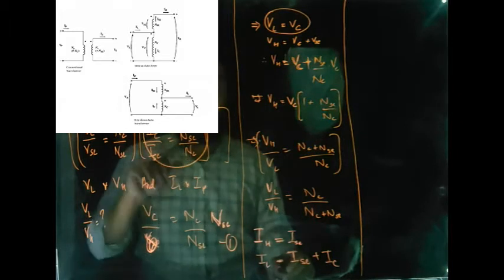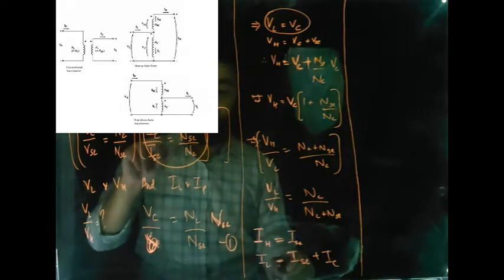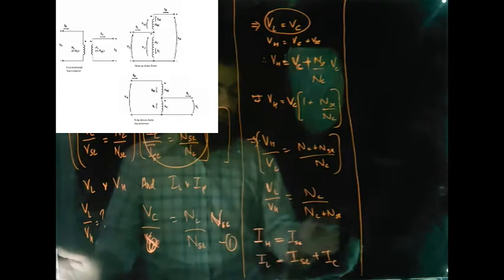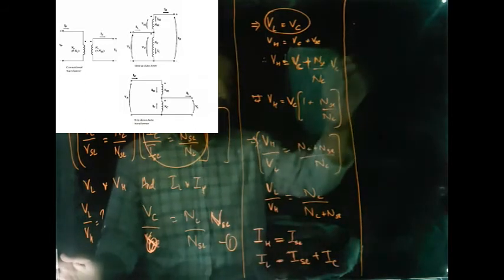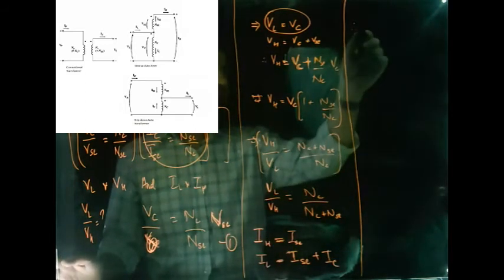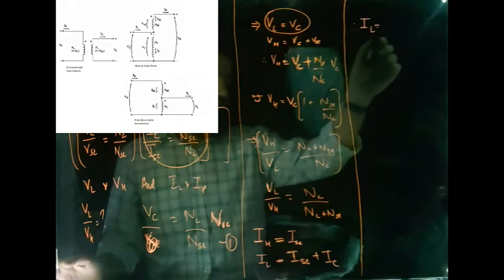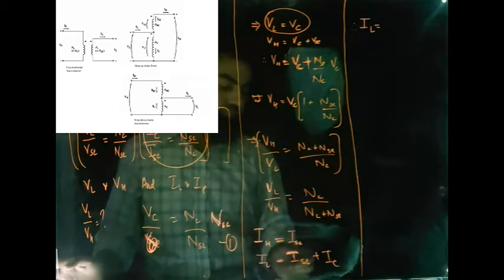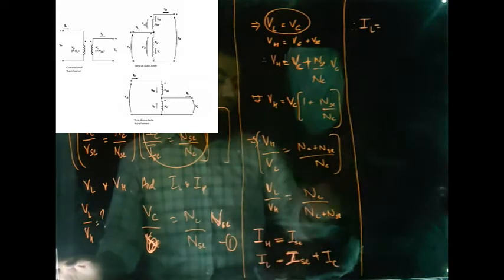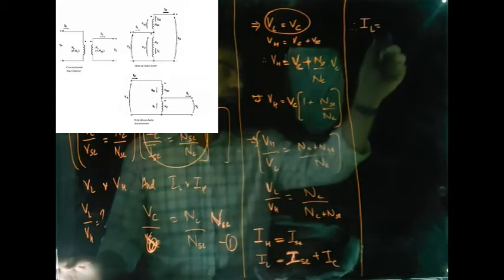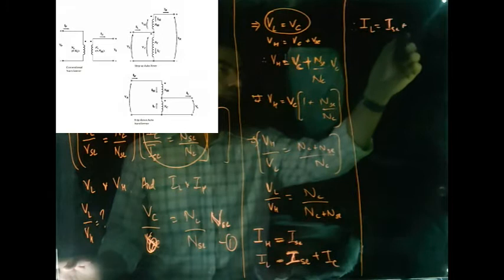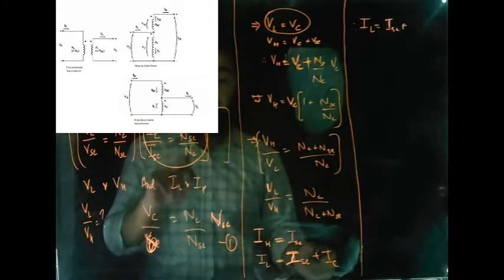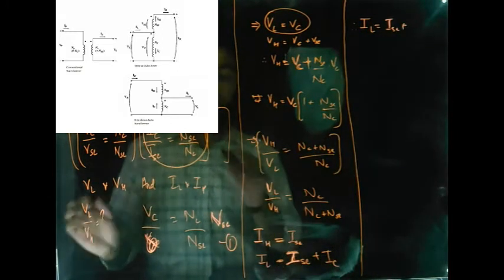We already know the relationship between ISC, IC, and ISC. Therefore, IL is equal to ISC plus, instead of IC, I'll be writing IC is equal to, from this equation,